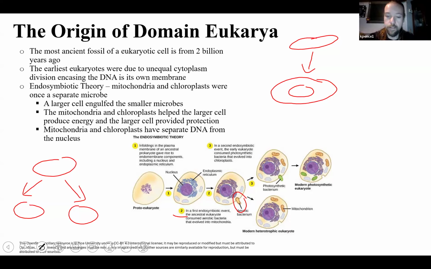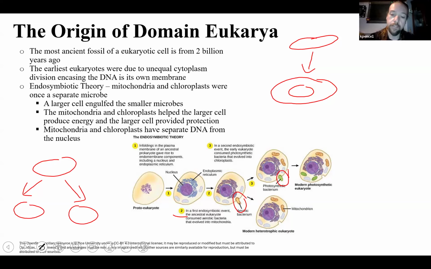So this is where the symbiosis part comes in. The proto mitochondria was getting housed inside the cell, so it was protected from other things, and then the mitochondria itself was producing ATP for that protection. And then very similar thing happened with the chloroplast. So there was an ancient bacteria, this green one here, that was ingested, and then it was meant to be broken down for food as energy, but instead of being kind of destroyed for food, it was kept around because it was beneficial. It was going through photosynthesis, it was making sugar for the cell, and in terms of kind of paying rent, the cell was housing and protecting the mitochondria or the chloroplast.